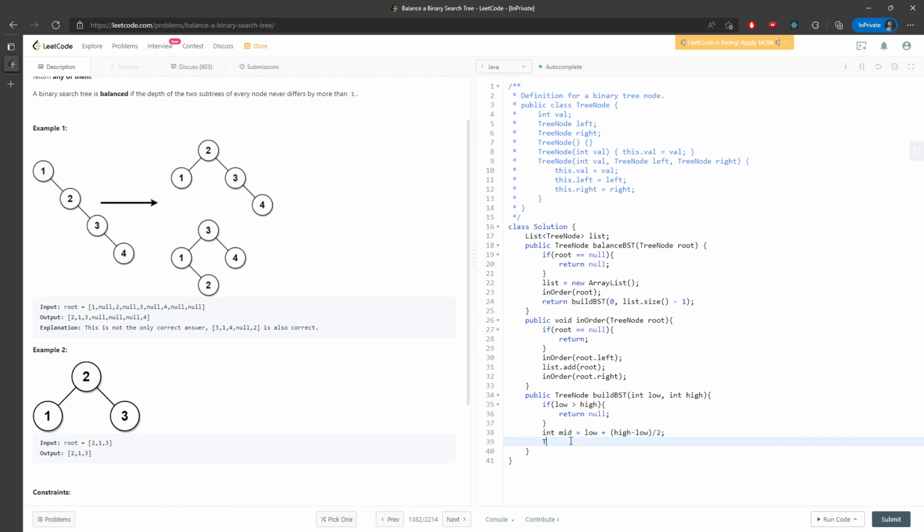Okay, so now I need to create a tree node. I'm going to call it root. I can just grab the middle one to be my current root. For example, with 1, 2, 3, 4, the middle one should be, 0 plus 4 divided by 2, so it should be 3. 3 is the middle, and should be the root. So I get mid, and then root.left is going to be equal to